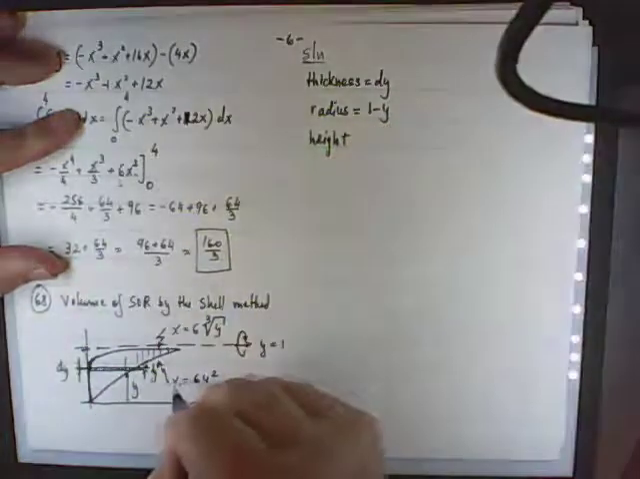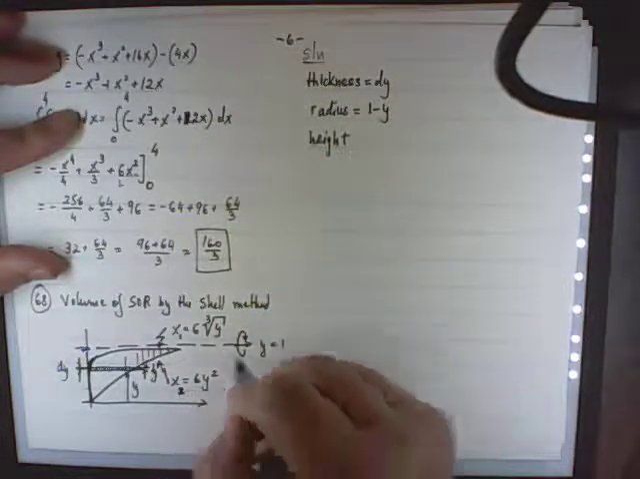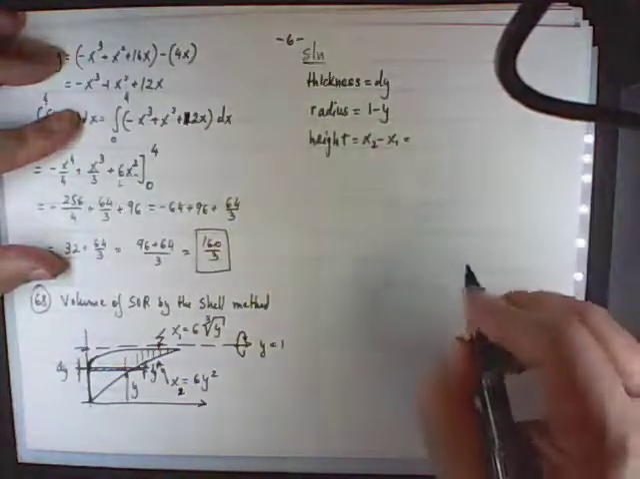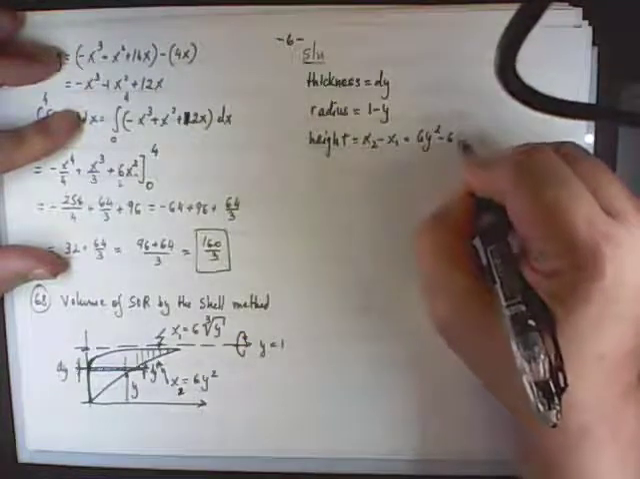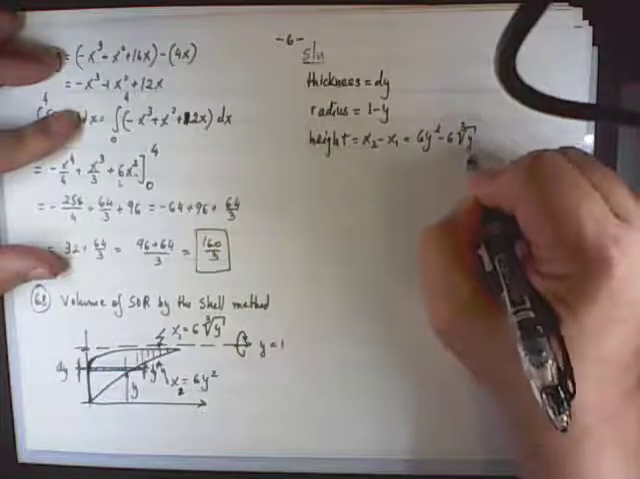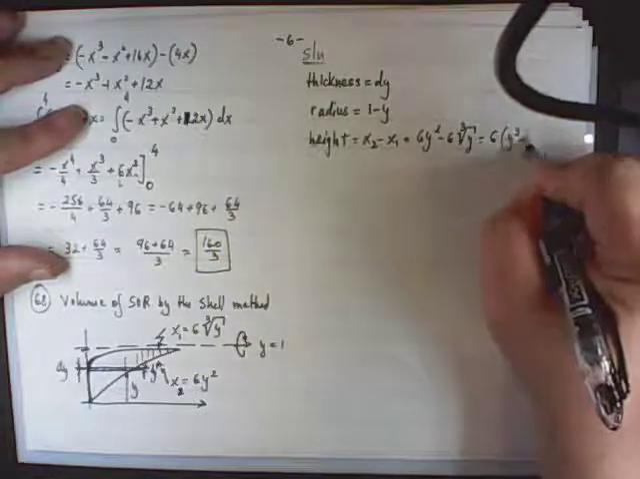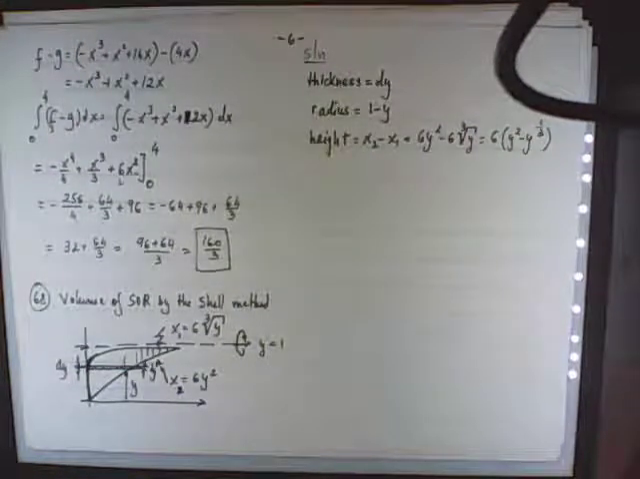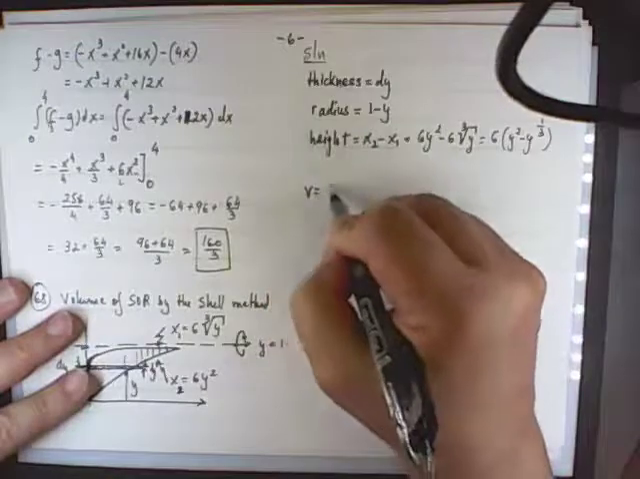So if we call this x1 and this x2, the height will be x2 minus x1. In terms of y, it will be 6y squared minus 6 times the cube root of y. So we can factor the 6 and say this will be 6 times y squared minus y to the 1/3. And pretty much we are done. We have the radius, the height, and the thickness, and therefore the volume will be 2 pi